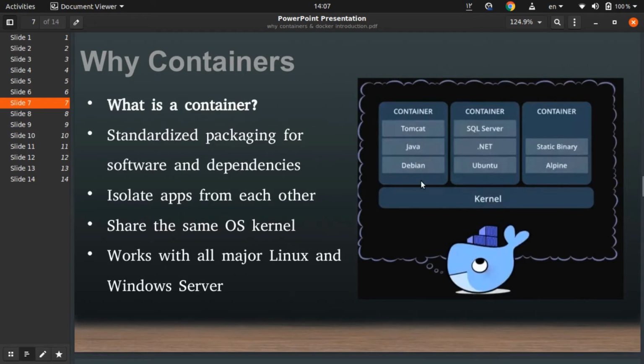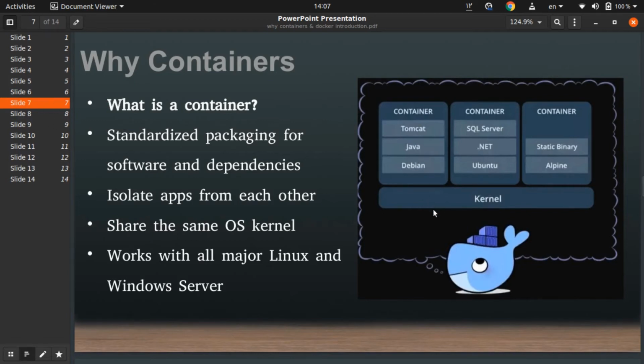As you can see here, there are 3 containers already running on the same kernel, same OS, and there is no overhead for CPU and no overhead for RAM. Each application, like Tomcat or SQL Server, has its own dependencies, OS dependencies, and of course the application.